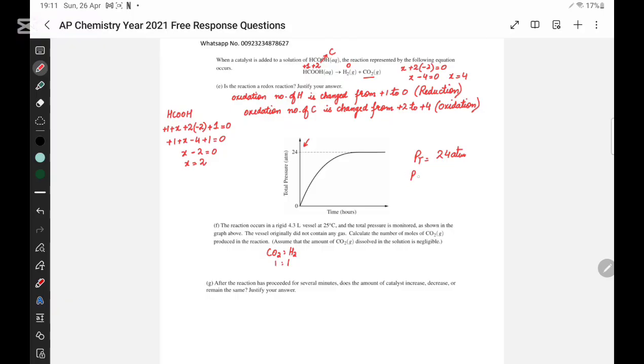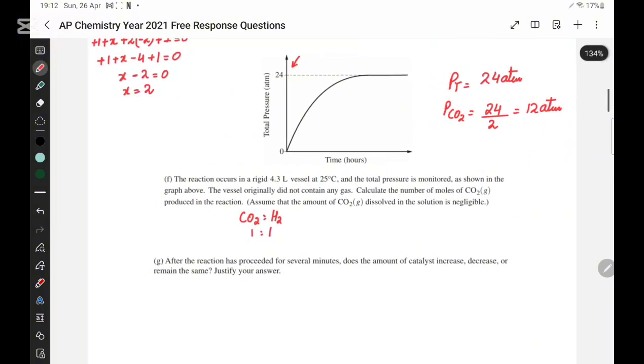So when we want to find out the partial pressure of carbon dioxide, it will be equal to 24 by 2. So that comes out to be 12 atm. So the partial pressure of carbon dioxide is 12 atm. And if we want to find out the number of moles of carbon dioxide, that is equal to PV by RT. P is how much? That is 12 atm, because we want to find the number of moles of carbon dioxide, and volume is given to us, that is 4.3 liter,